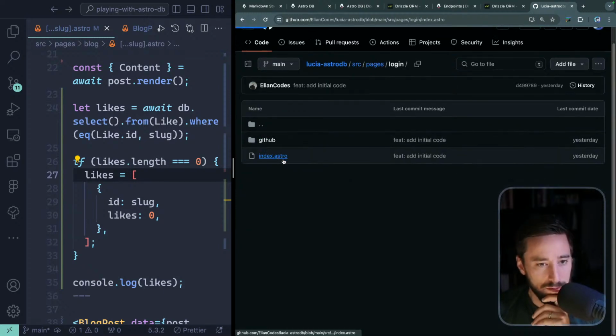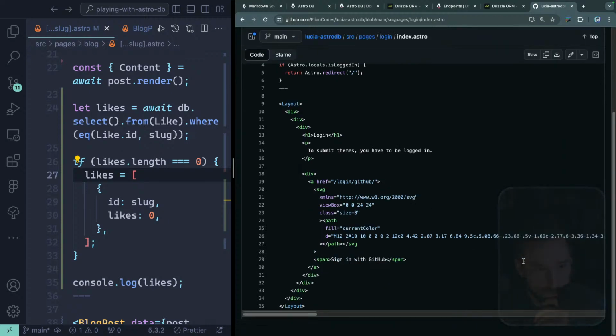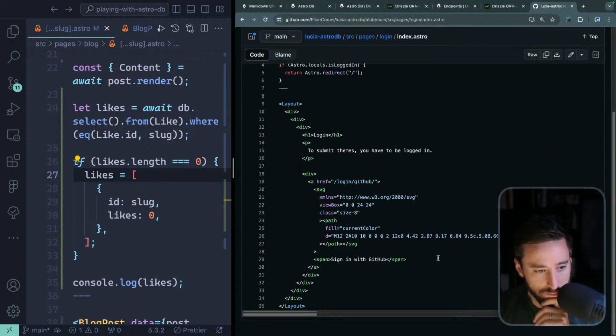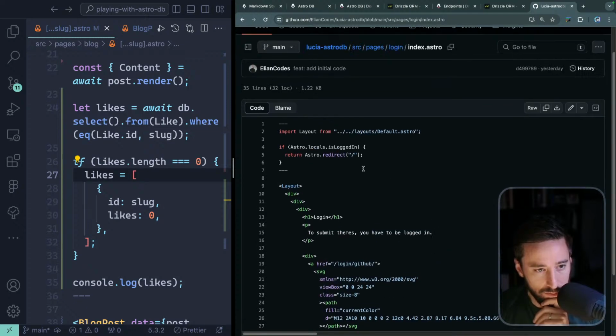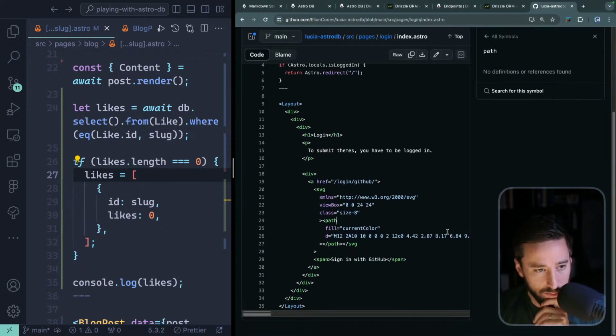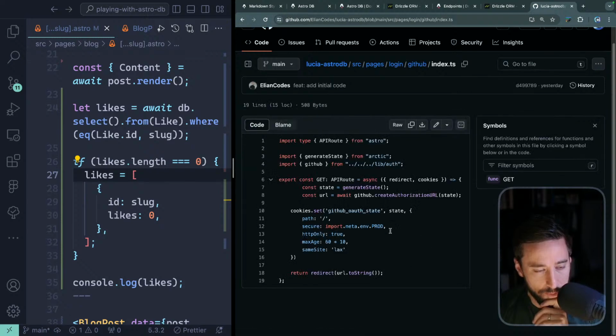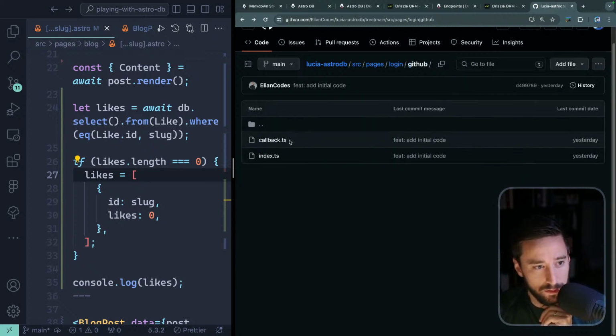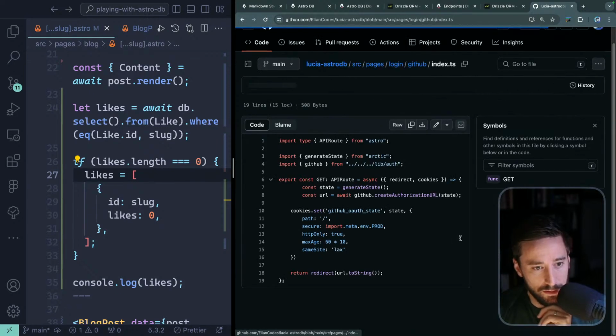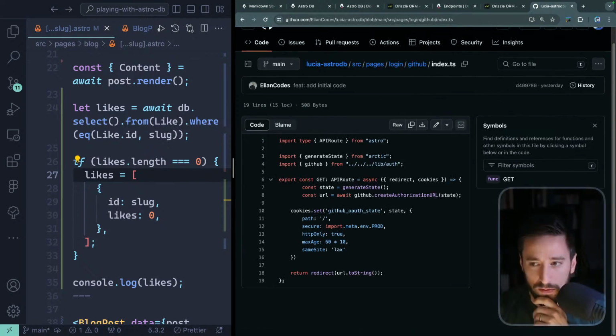Let's come over here. You have to be logged in. Sign in with GitHub. So he's redirecting if they're already logged in. This takes him to log in with GitHub. Okay, so this is an API route. What's this callback thing? Okay, so let's start here. I'm just literally reading somebody's code at this point, so if you still want to hang out, this is great, but